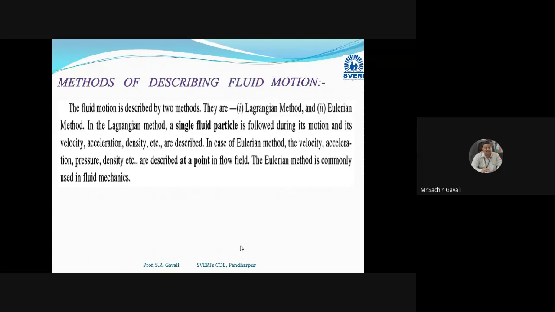What happens in the Lagrangian method? If the fluid flow consists of many particles, a fluid consists of a larger number of particles, or atoms. So the Lagrangian method and the Eulerian method are the two methods